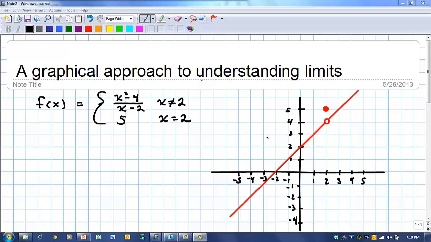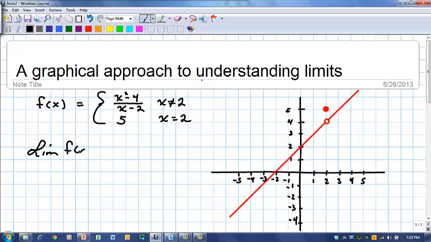The function that's graphed over here is the function f of x is equal to x squared minus 4 over x minus 2 for x not equal to 2, and it's equal to 5 for x equal to 2. Now, if we want to look at the limit